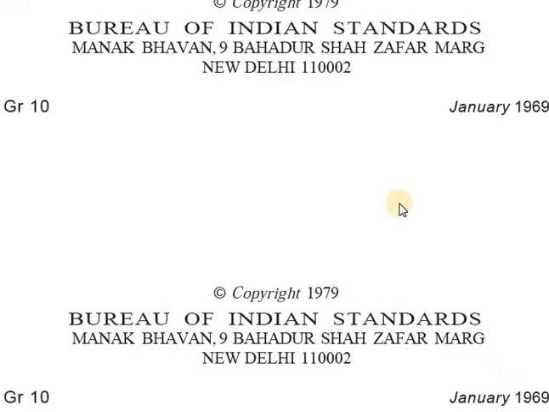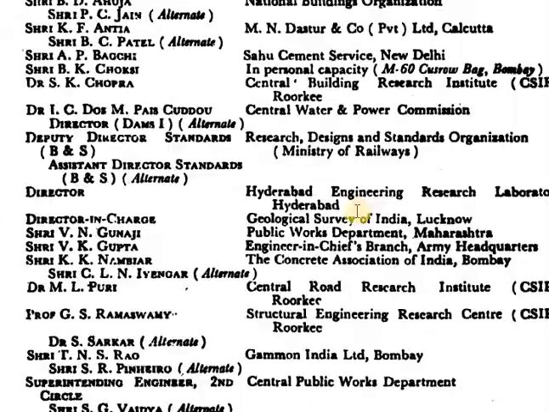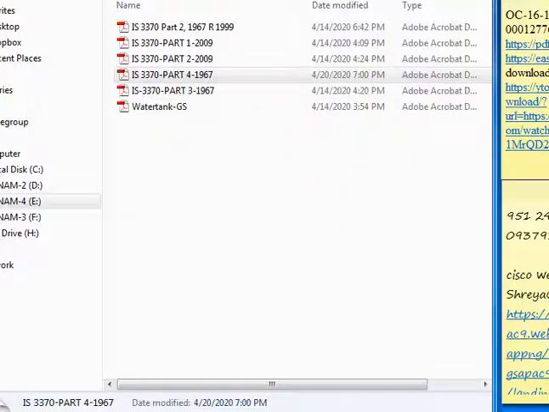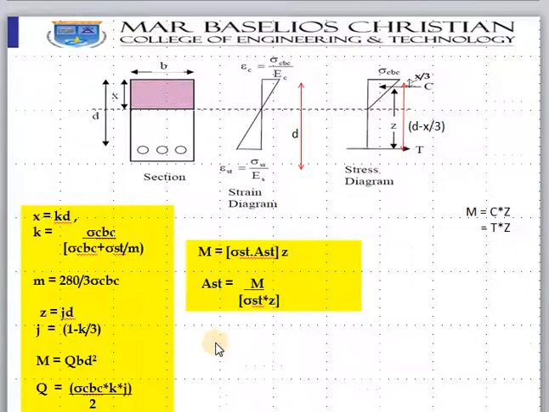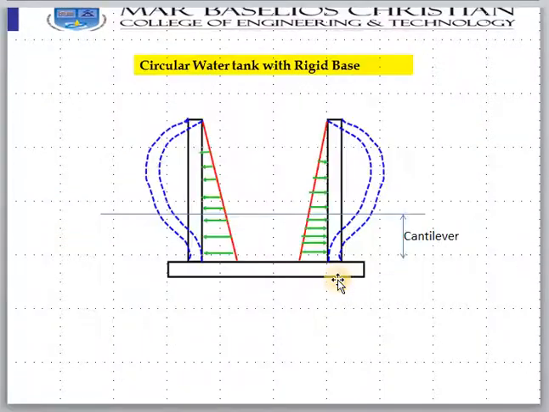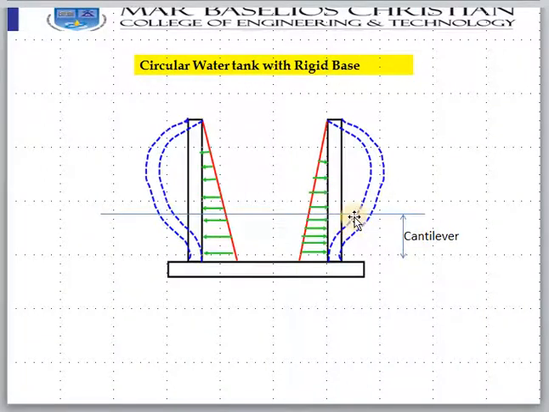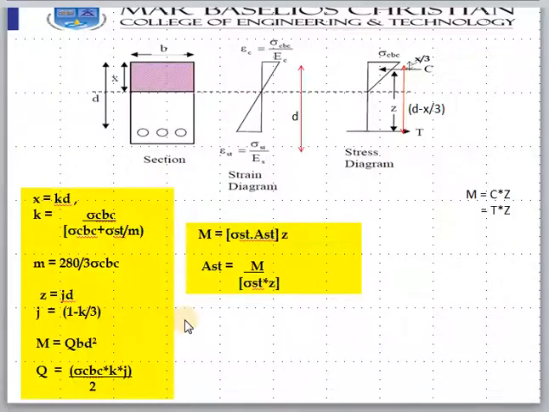So let us see how the design is going to be. Before that, the height by which it will act as a cantilever, we will discuss in detail. Please understand that there is a moment in the wall also, which we need to consider for the design. That is the takeaway here. So many things will be the same.